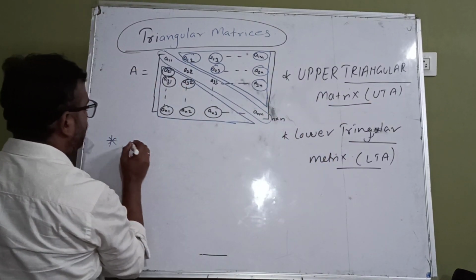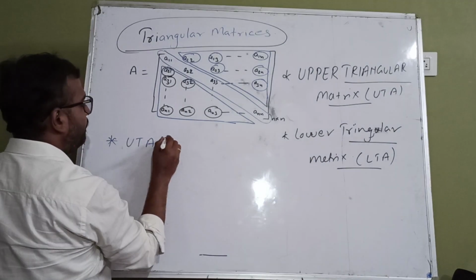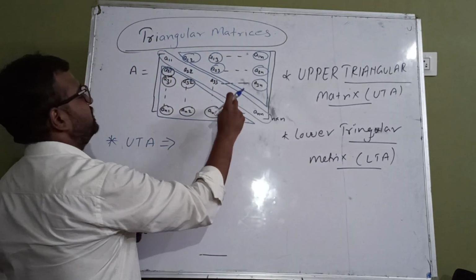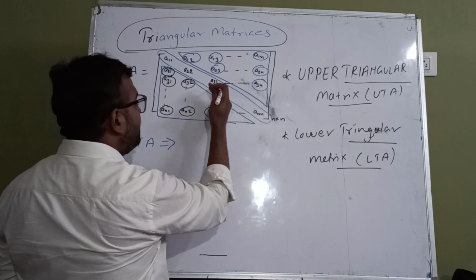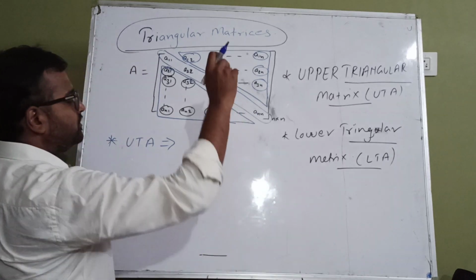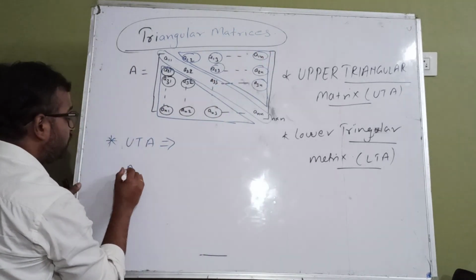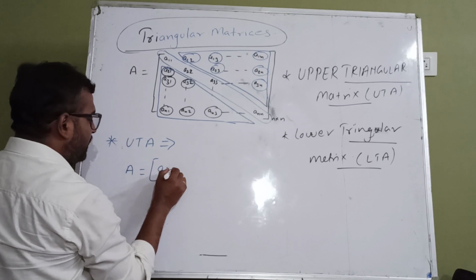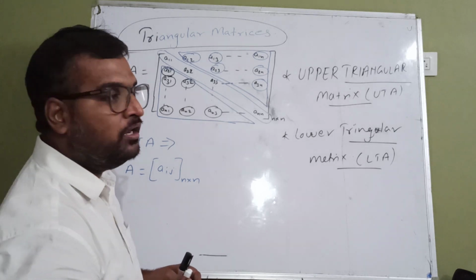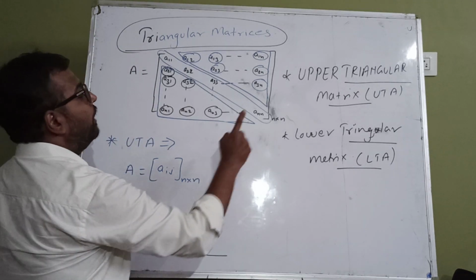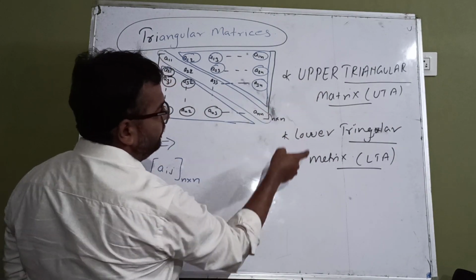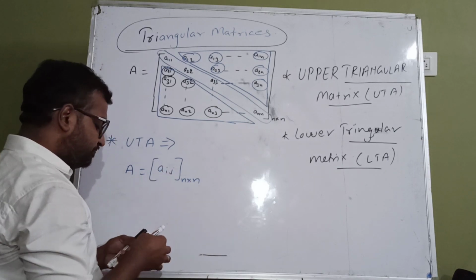Okay. Now some terms related to the upper triangular matrix. Upper triangular matrix in short form is written as UTM. What is the definition of an upper triangular matrix? A square matrix in which all the elements below the diagonal elements are 0 is said to be an upper triangular matrix. How can the upper triangular matrix be denoted? Let A equals [aij] be a square matrix of order n. We have already discussed these two points in the previous lecture. Again I am repeating all the things.